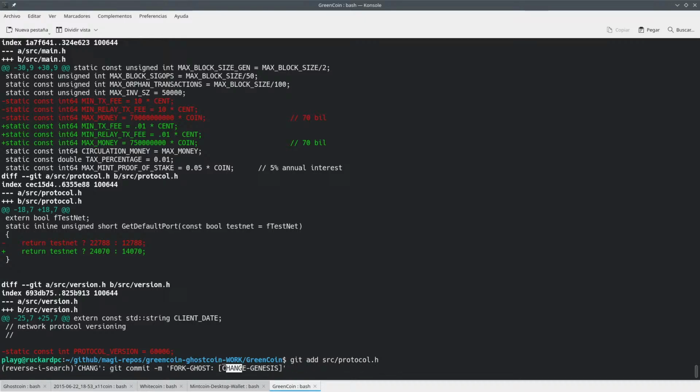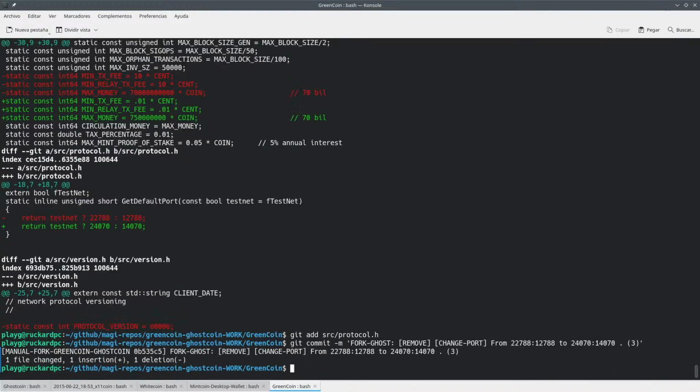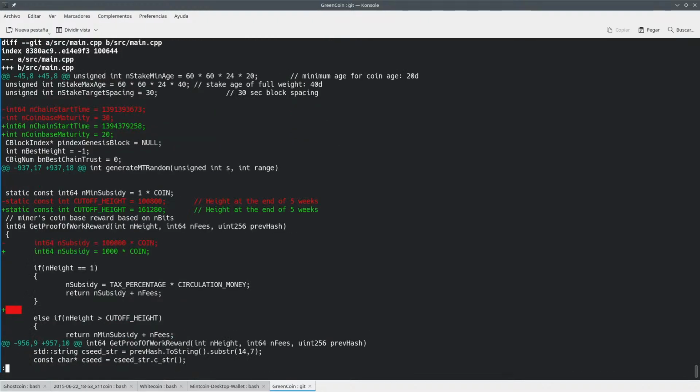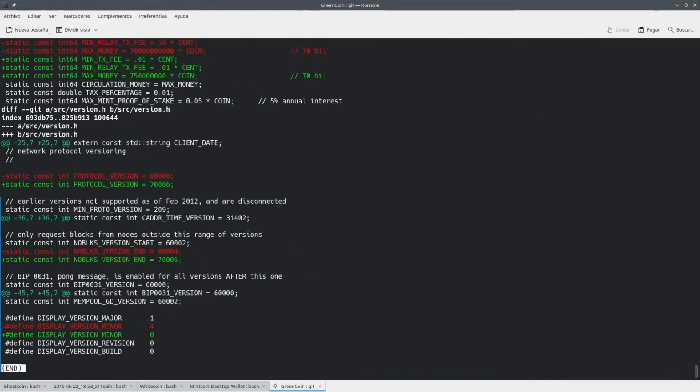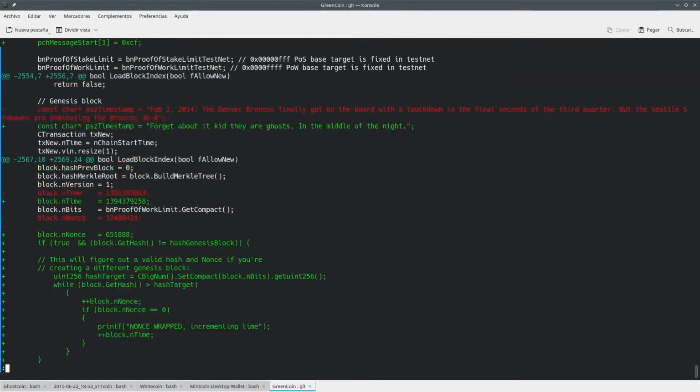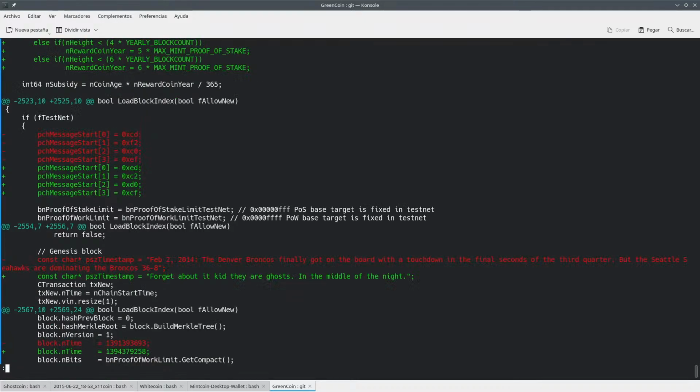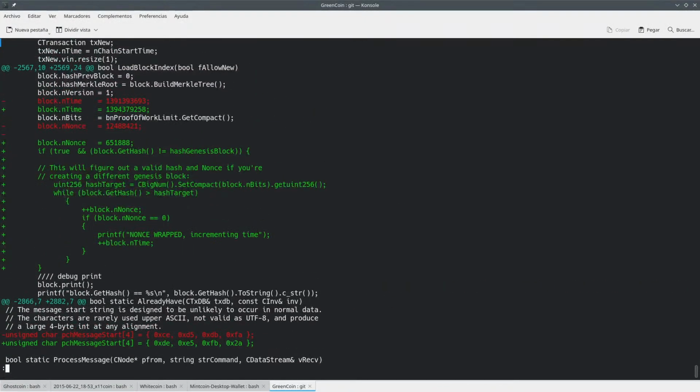So what you want to do here is change port. So I think it's number 3. Yeah, that's right. So this should be for ghost, and so the ports that we want to change here are these ones here, and we want to change them to these ones here. Let's see what more do we have here that makes a bit of sense or not. Yeah, so basically these are some minor changes,